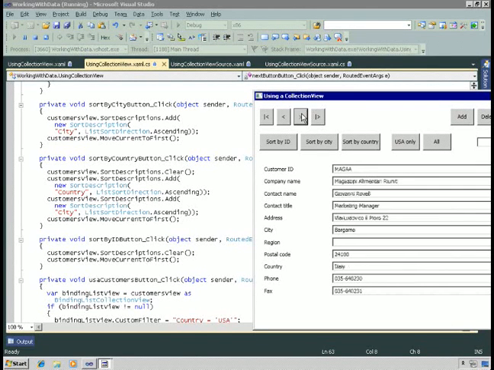So of course, as I scroll from city to city, I can see that the customers are in city order alphabetically. I can sort by more than one thing at a time, so if I sort by country, I want to sort by country and then within each country by city. So I first clear the sort descriptions, and then I add a sort description based on country and another one based on city, and then I move current to first. So when I clicked on sort by city, I moved current to first. And when I clicked on sort by country,